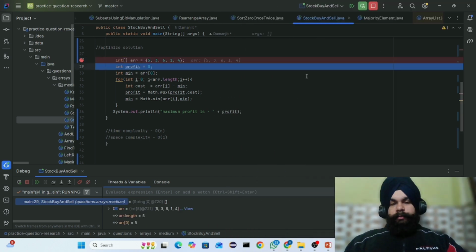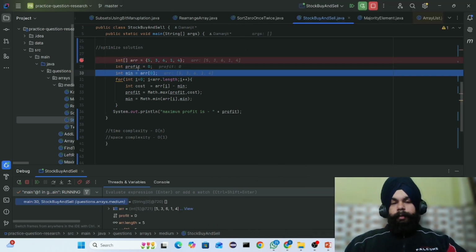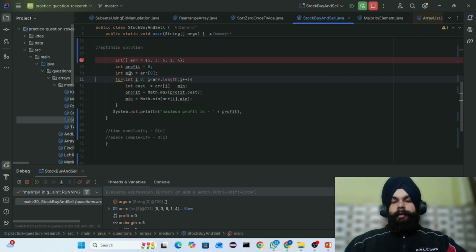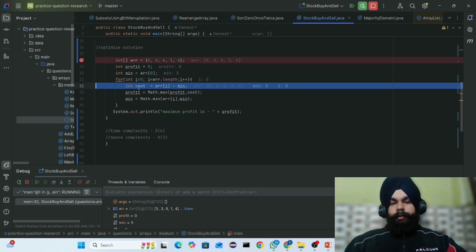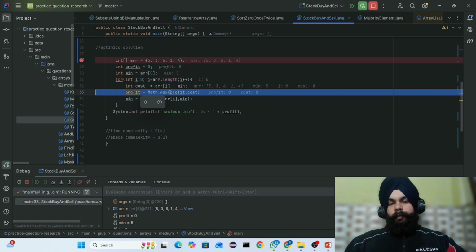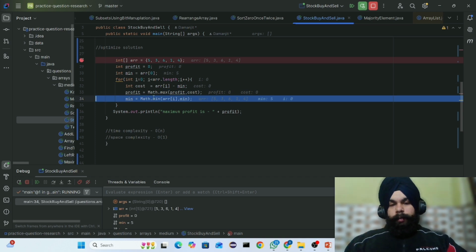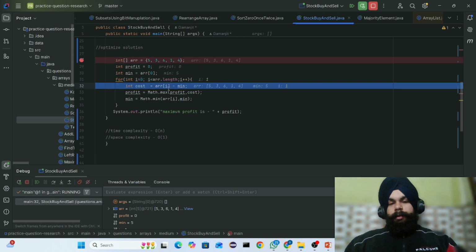So let's debug this. Firstly, our profit will be 0 and our minimum element will be 5. We are using the very first element. And in our first iteration, array of 0 will be 5, 5 minus 5, our cost will be 0. And our profit will be, we are assuming 0 and our cost is also 0. So profit will be 0. And our minimum will be array of i, we are assuming 5, and our minimum also is 5, then minimum will be 5, and in the second iteration array of i is 3 and i is 1